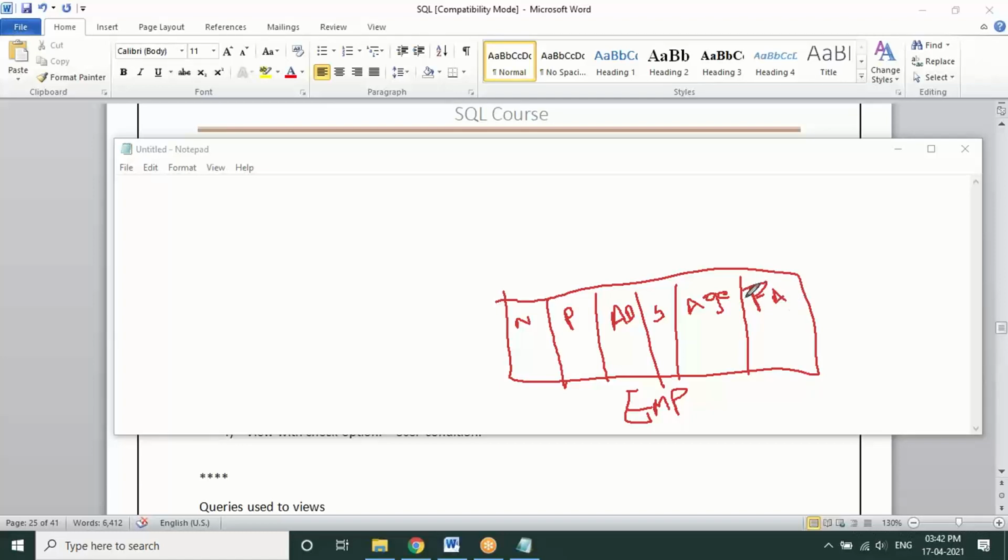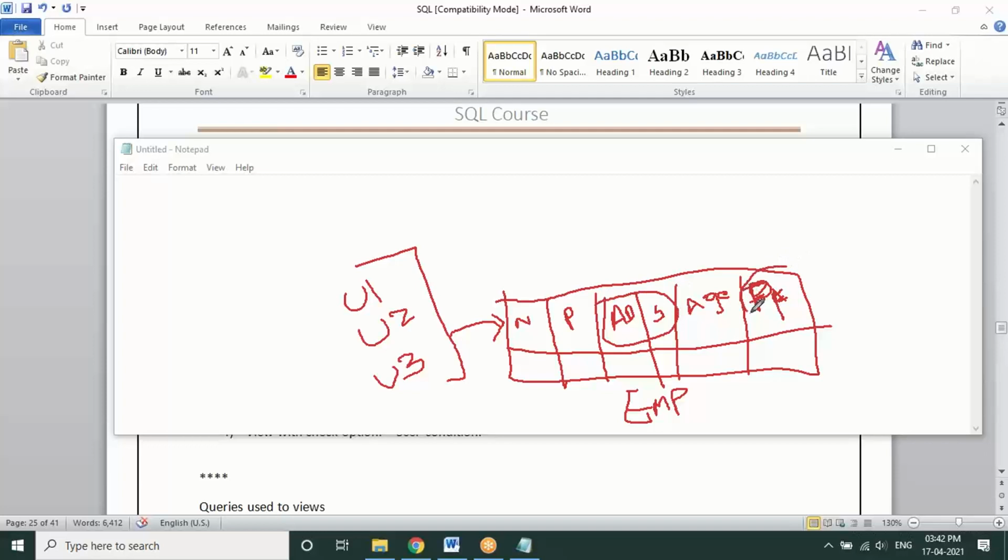Okay, or else PF details or something related to a particular employee's data. So if one of the users is working on this particular table, and there are a few more users who have recently joined the organization, let's say user 1, user 2, user 3, I want to give access to this table to these new employee users. But certainly I do not want to display some confidential data like their addresses or salary details or PF details to these new users.